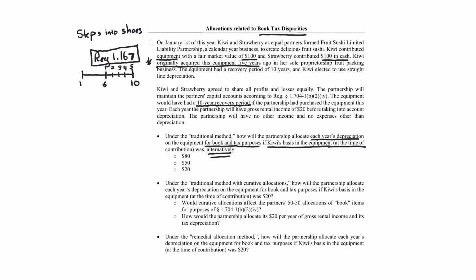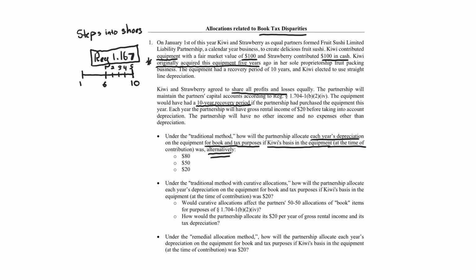Does everyone see what's going on? So we're only taking 5 years, not 10 years of depreciation. That means whatever the tax basis is, we're going to divide that over 5 years because it's straight line. And we're going to allocate that in accordance with how the partners split the respective items, which we're told